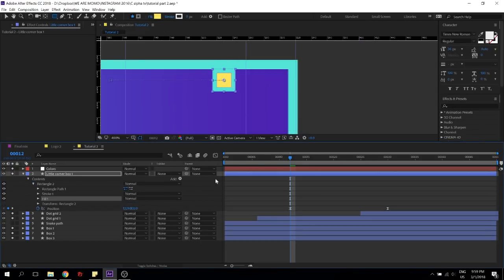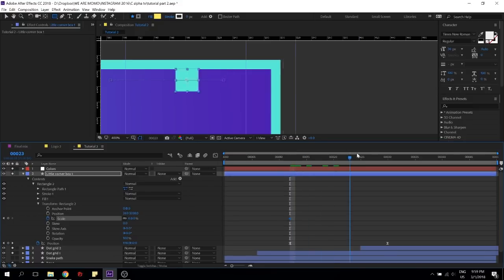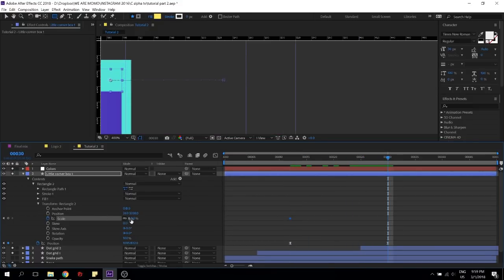All right, so how are we gonna scale that up? Well, I'm just gonna go inside of the rectangle and put a keyframe at 0, and when it goes up, it's gonna be 100%. And of course, this one is gonna be fast or slow.